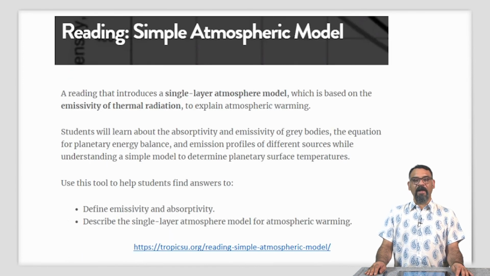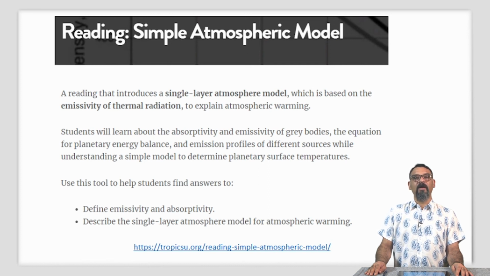A short reading titled Simple Atmospheric Model. This reading introduces a single layer atmosphere model which is based on the emissivity of thermal radiation to explain atmospheric warming. Through the use of this tool, your students will learn about the absorptivity and emissivity of gray bodies, the equation for planetary energy balance, the emission profiles of different sources, while understanding a simple model to determine planetary surface